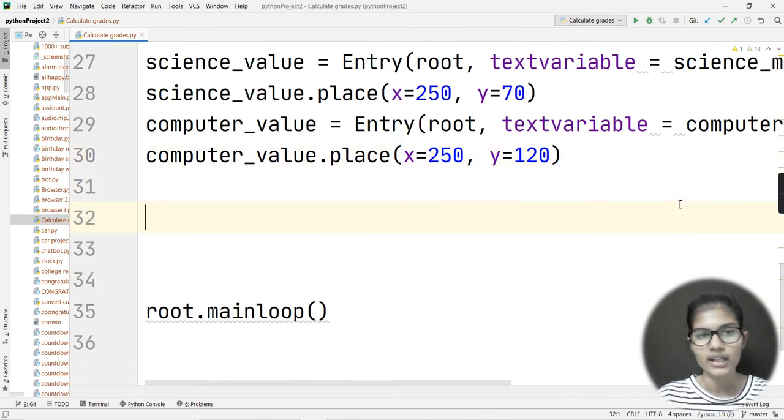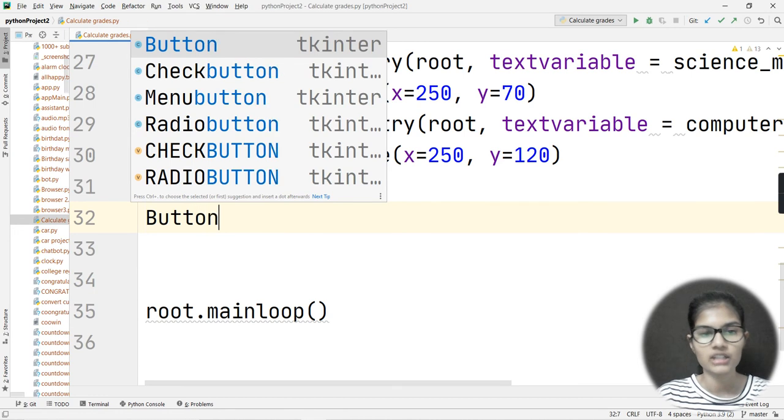After that, I want two buttons to appear. One button should be such that as soon as I click on it, it should give me the final answer: the total marks are this, the average of your marks is this, and what your grade is, pass or fail. So I want a button to appear, and I'm giving it the name calculate. And I want another button that is exit. As soon as I click on that exit button, my program should stop running and I would come back to my original window. So those two things I'm going to give here.